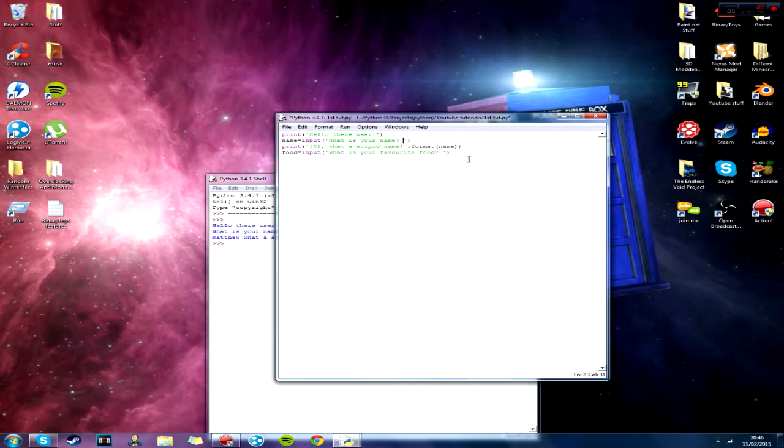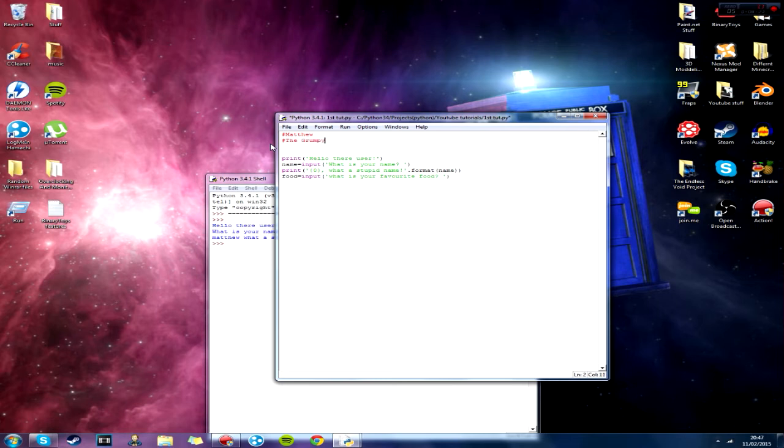I think before we go any further, before we test this, I'm going to show you something. If you ever have a bit of code that you're not finished with, but you want to test the rest of your program, press hashtag, and it comments out the code, so to speak. It puts it into like an annotation, so it's not included in the code. So if I click enter twice, one more time actually, and I put hashtag Matthew, hashtag again,